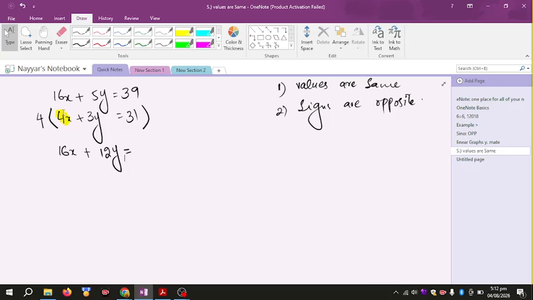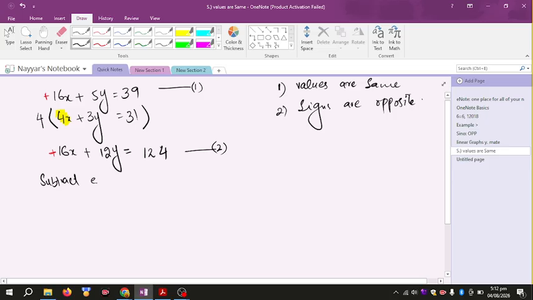And I am going to multiply 4 with 31. So 4 times 1 is 4, 4 times 3 is 12. So this is my equation 1 and this is my equation 2. As you can see, with this 16x in equation 1, it's a positive sign and there is no sign here, so it means that this is also positive. Remember, when the signs are the same, you have to perform the operation of subtraction. In subtraction you change the sign of the second equation. So what you will do is you will write down